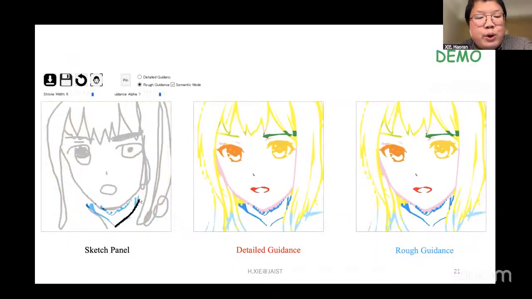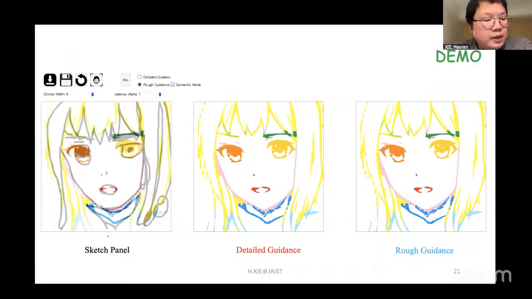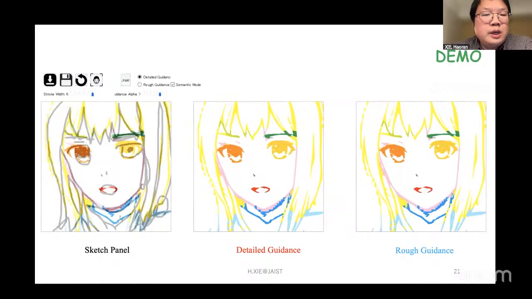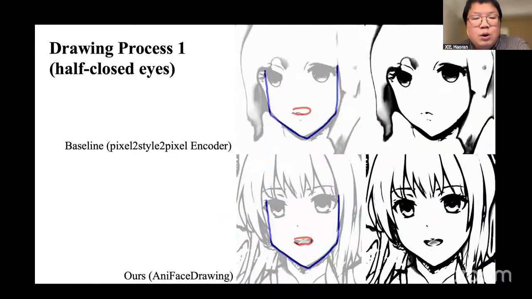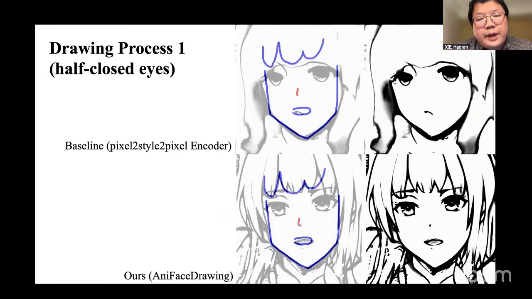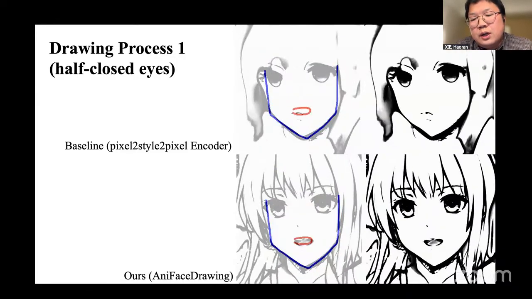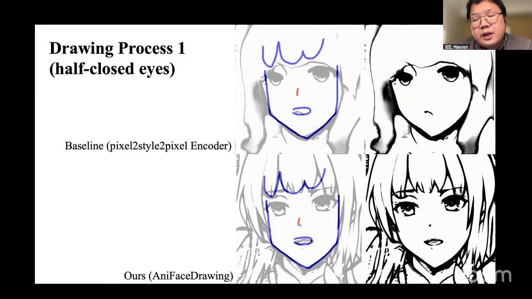Even if the original drawing is not so perfect, when they use this kind of interface, it is really helpful for drawing. Compared to other papers, with this kind of exploration we get a very clear result.